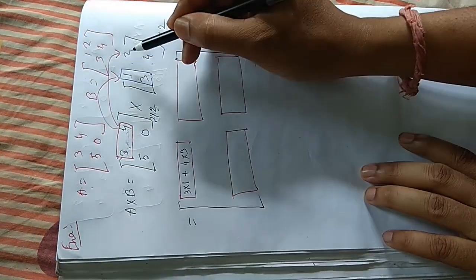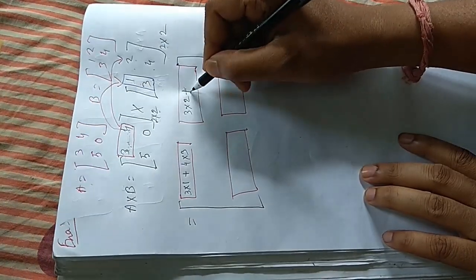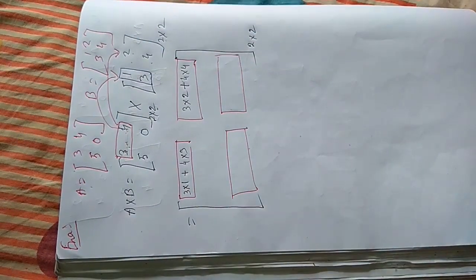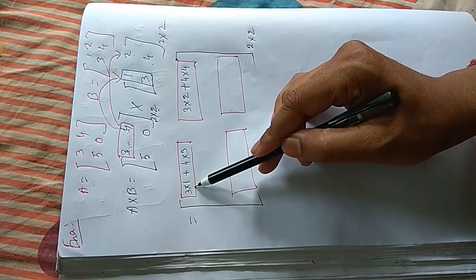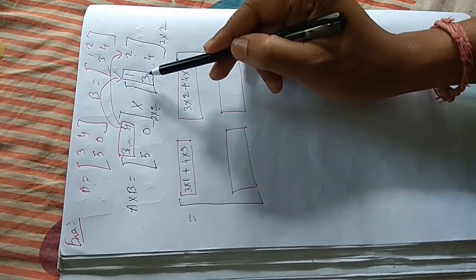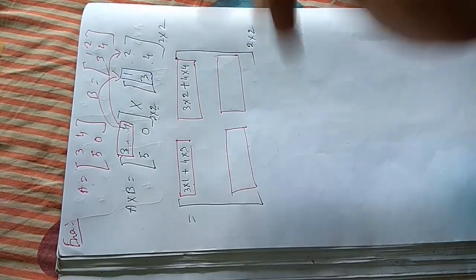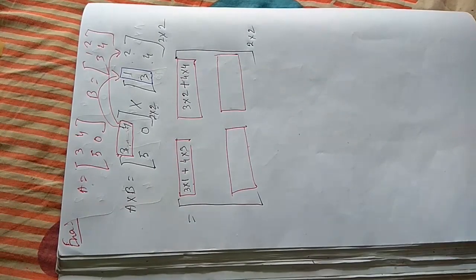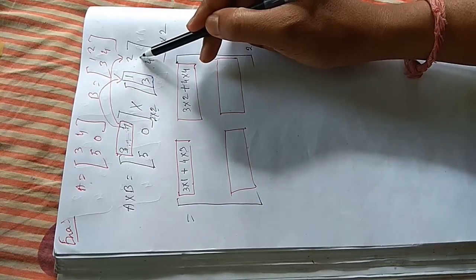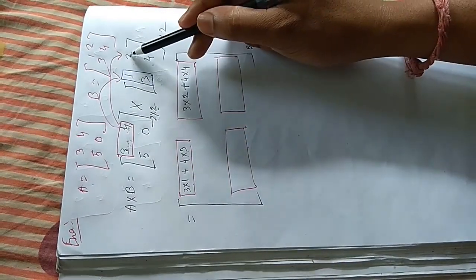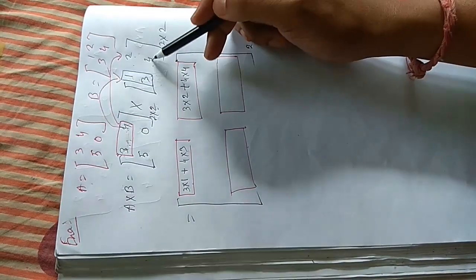That means 3 multiply with 2. Okay, plus sign, 4 multiply with 4. That means the first row first element multiplies with the first column first element right here. The first row second element multiplies with the first column second element right here. And obviously here is a plus sign, and if a minus sign is given then it's minus. Finish. Then the first row multiplied with the second column: first element multiply first element right here, take plus sign, second element multiplied with second right here.